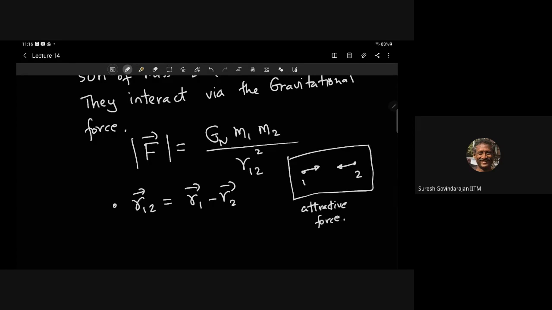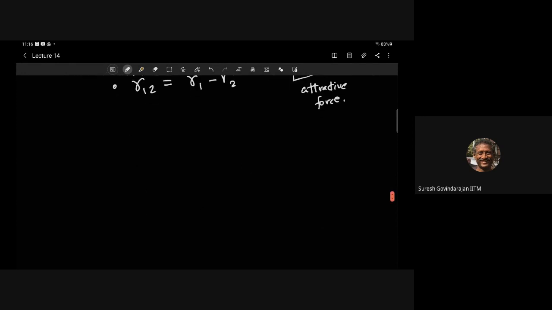So Newton was truly amazing. This is called Newton's universal law of gravitation. What's universal about it? It applies to celestial objects as well as to objects on Earth and anywhere. It applies to any two objects. Okay, so this is what we have, and now we need to write the